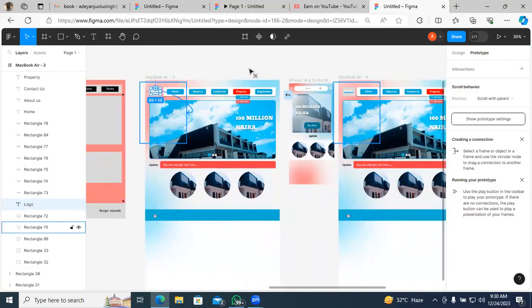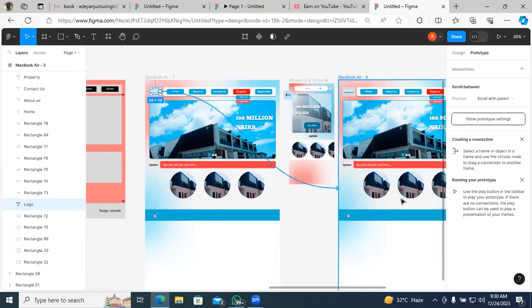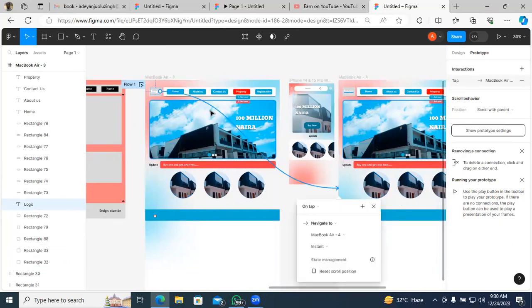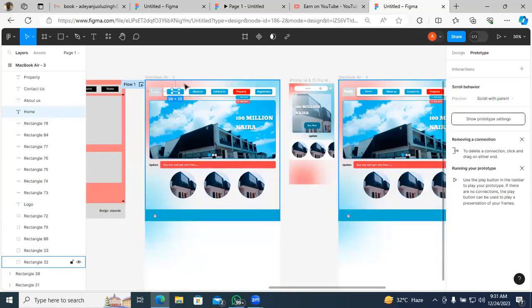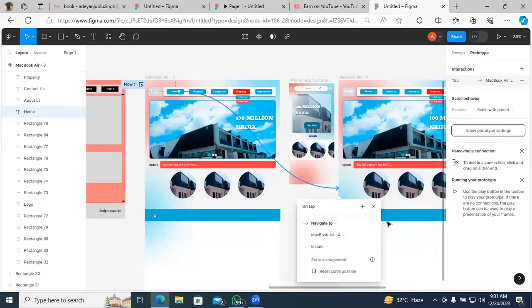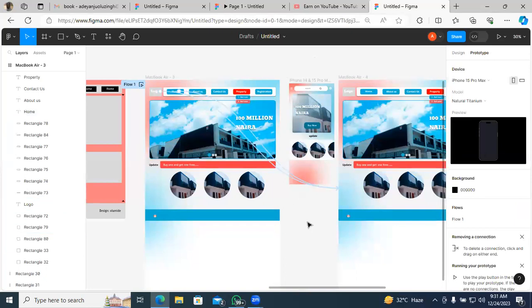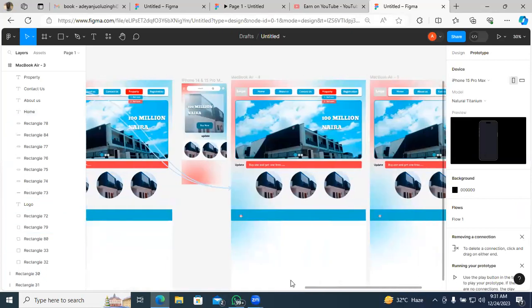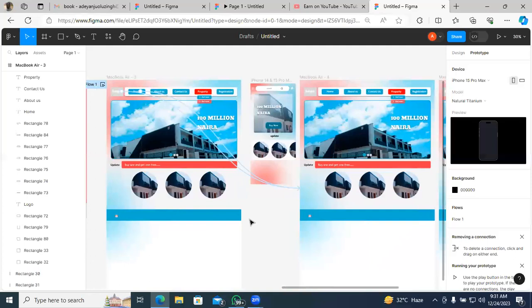So this is the logo. Look at the plus here, it's taking me to this part. Trust me, you can have millions of crossing lines when you are developing a lot of design. Then this one takes me to this part.